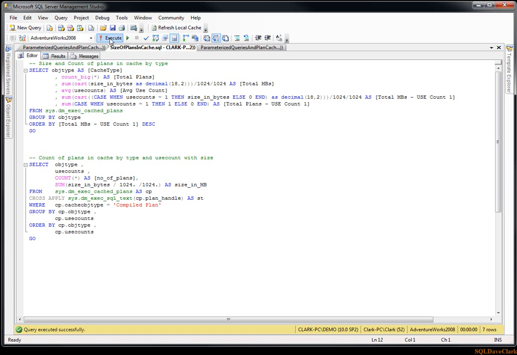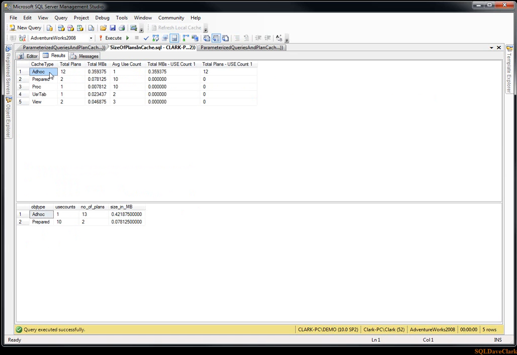So we'll go ahead and run this, and we can see we've got 12 ad hoc plans, and they were all single use, and we've got 2 prepared that averaged about 10 times each. And down here, this doesn't add up, these 13 plans to the 12, because this query ran after this query, and this query is considered one, so it has one more. But anyway,